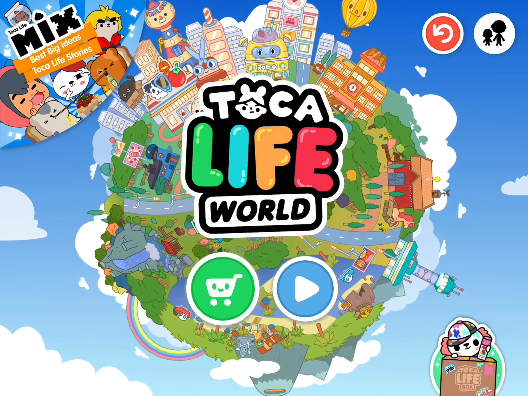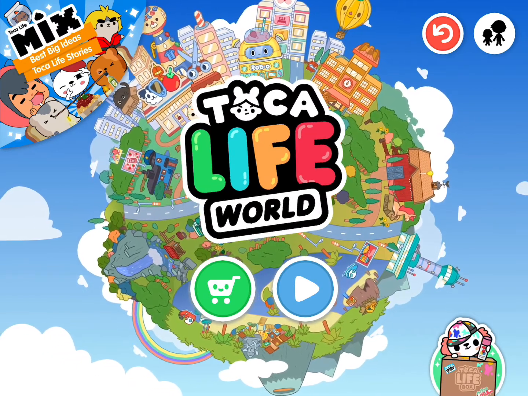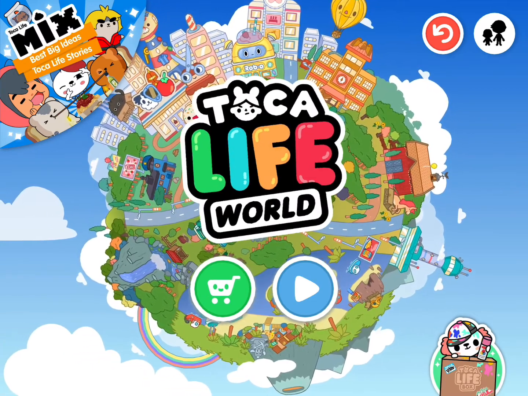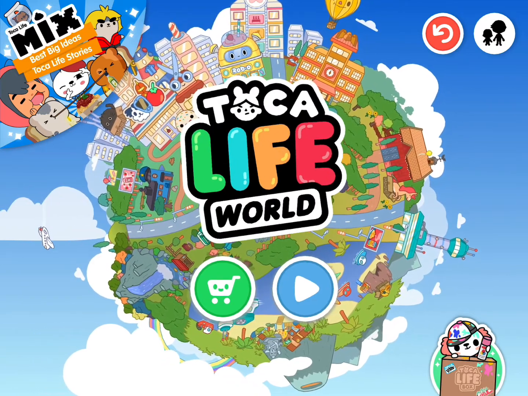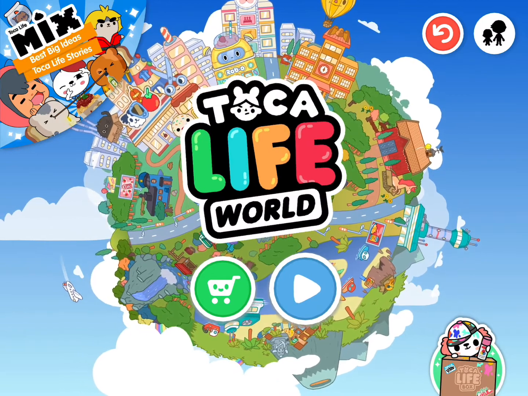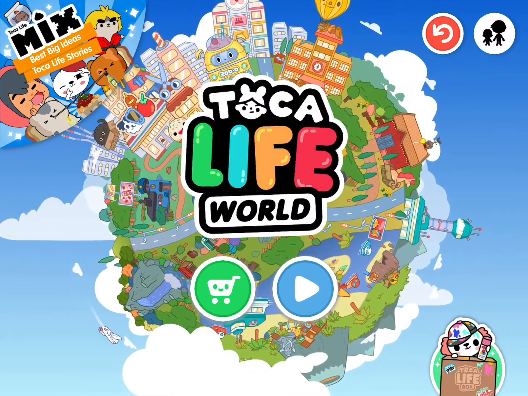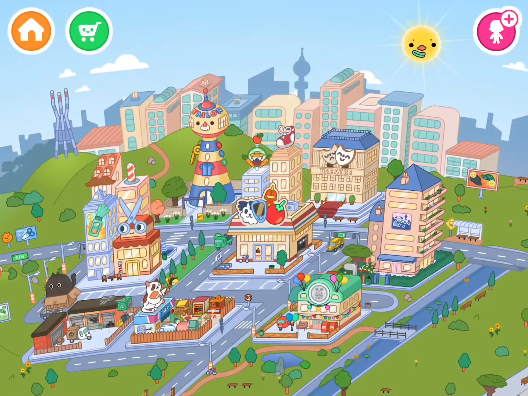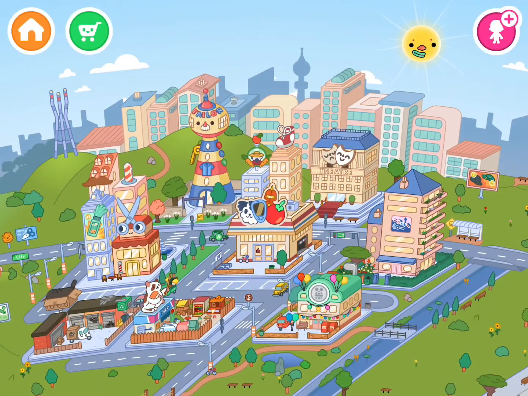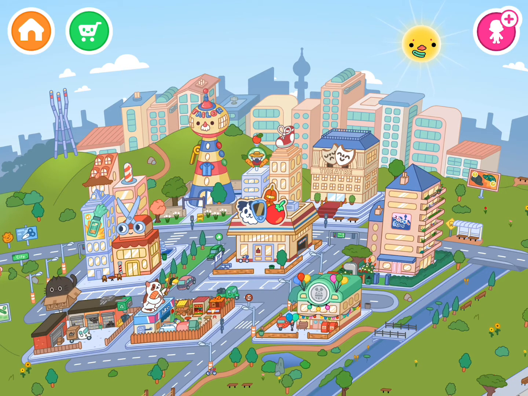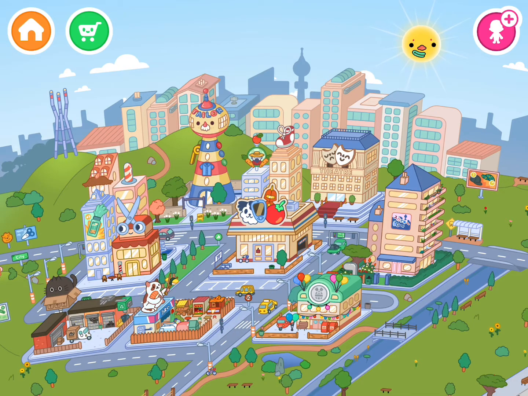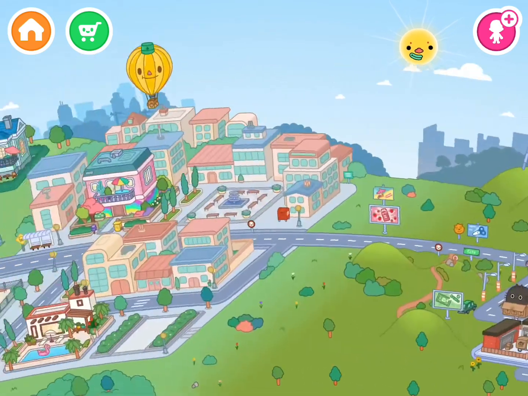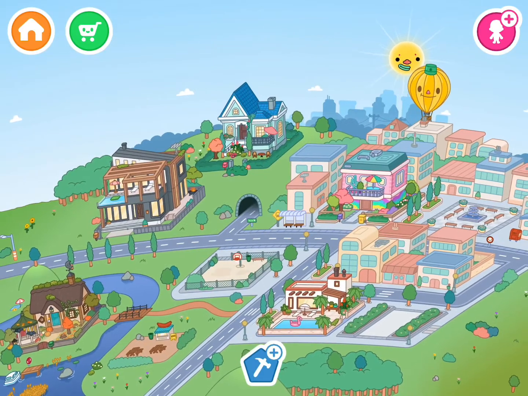There are a lot of buttons here, but the ones we need to pay attention to are the green one with the little shopping cart, which is where you can go to buy more add-ons or expansions to the app, and then the little blue play button. Let's press that one and let it load into the main part of the world. This is the main part of the free world. The buildings that are bouncing are buildings that we can touch, and then it'll go into those buildings. Now if we swipe over to the left, here's the neighborhood.